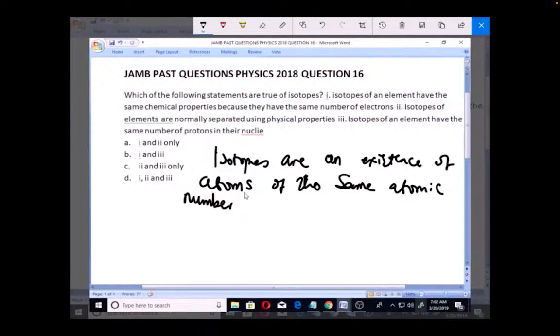And whenever you hear atomic number, it simply means the number of protons. Atomic number simply means proton number is the same. So when there is this existence of atoms of the same atomic number and the same properties,